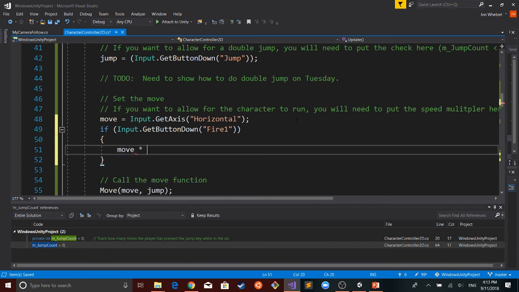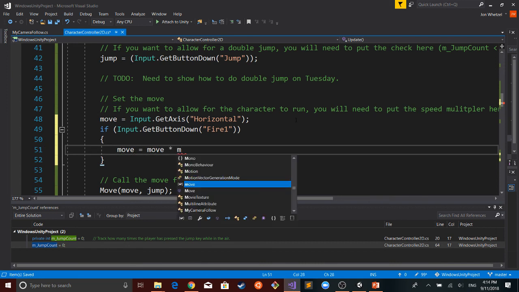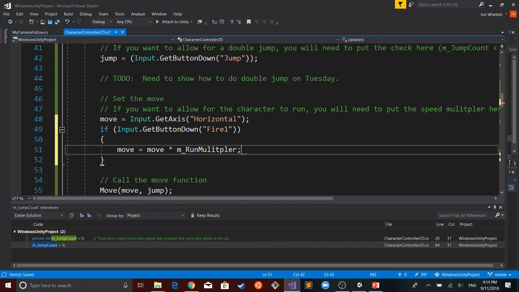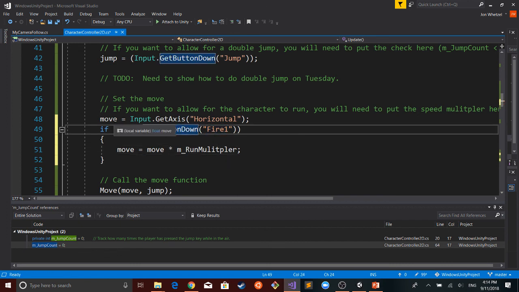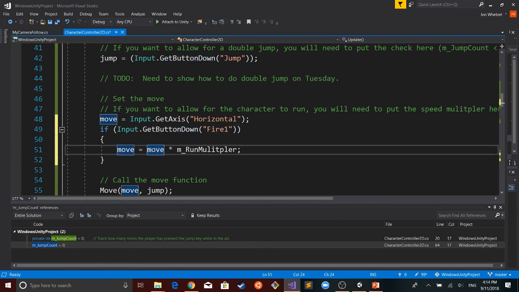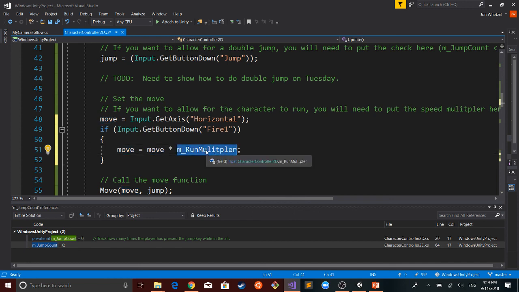You could then just set that by your run multiplier. If you're moving left or right and pressing that button, it should multiply it by that value to increase it. Likewise, if you're not pressing anything, then you have 0 multiplied by this value, which ends up being 0, so it won't alter it in any way.